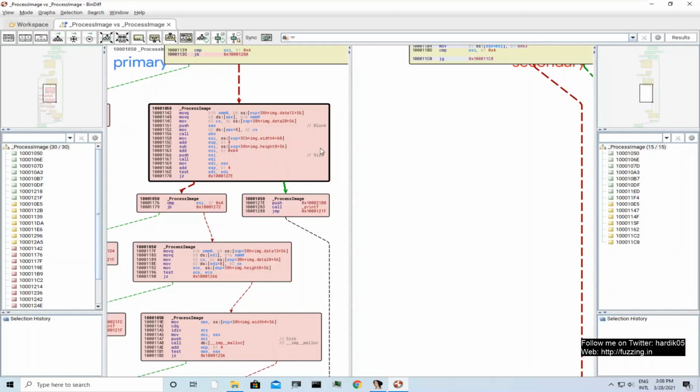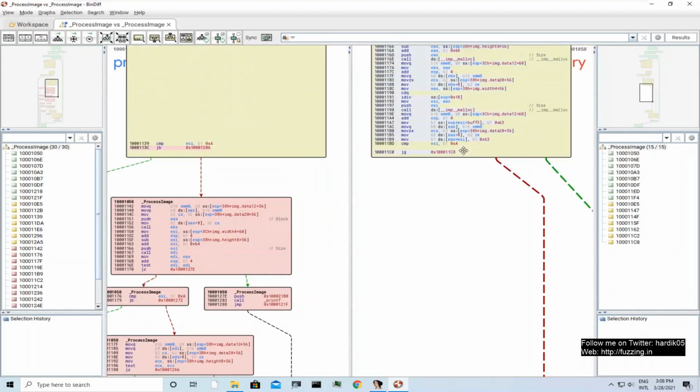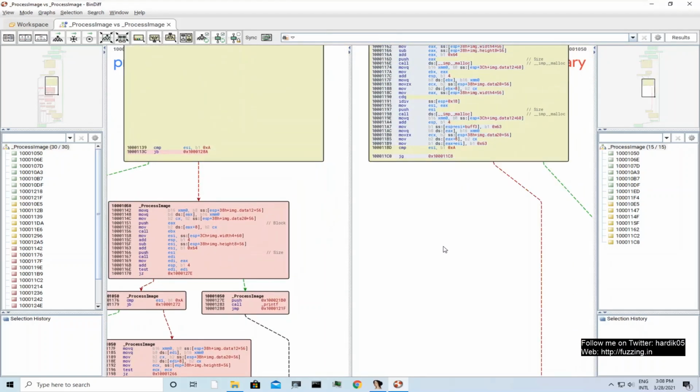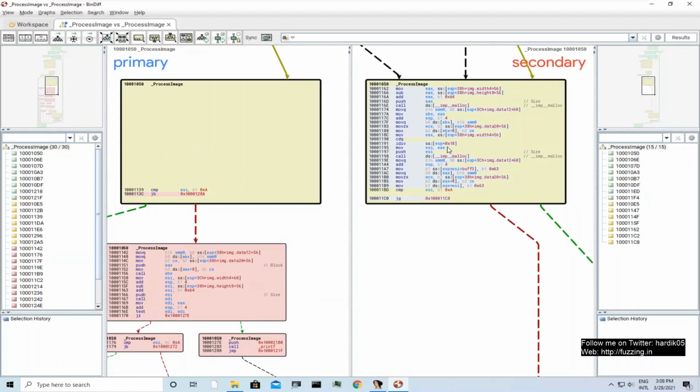So you can also craft an input where you subtract image height from image width, and the result will become a very large positive integer because of integer underflow over here. Because if you notice on the right hand side in the unpatched DLL, right, it simply subtracts image width from image height, and over here it simply subtracts.